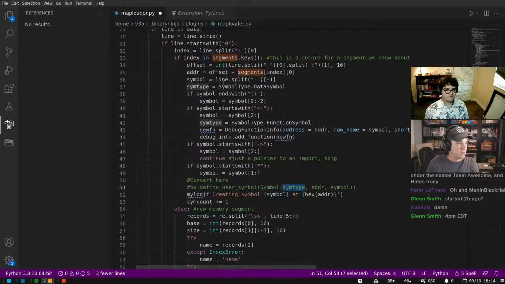Well, yeah, so it defaults to a data symbol. And then if it's here, it's a function symbol. Otherwise, yeah. So I don't need to.